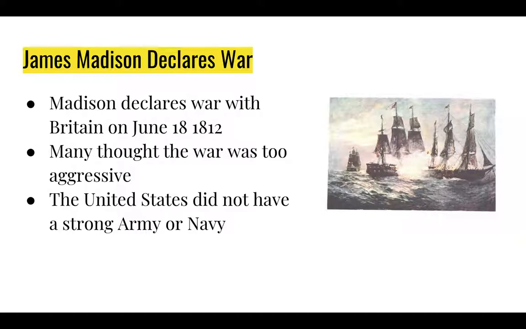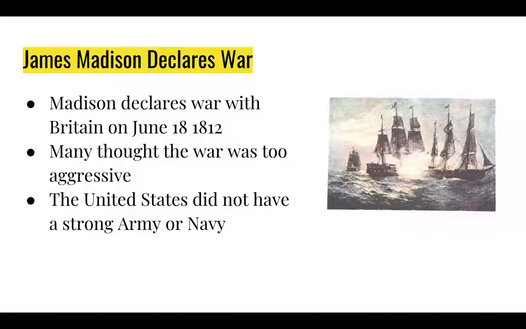Typically, whenever a country goes to war, there are people who want to go to war, and they're called hawks. So imagine a bird of prey, a hawk, a very aggressive bird. And then there are the people that don't want to go to war, and the word for them typically is a dove. If you think of a dove, it's a beautiful, docile bird that doesn't really attack. And so the doves and the hawks are the two ways that people describe whether they want to go to war or don't want to go to war.